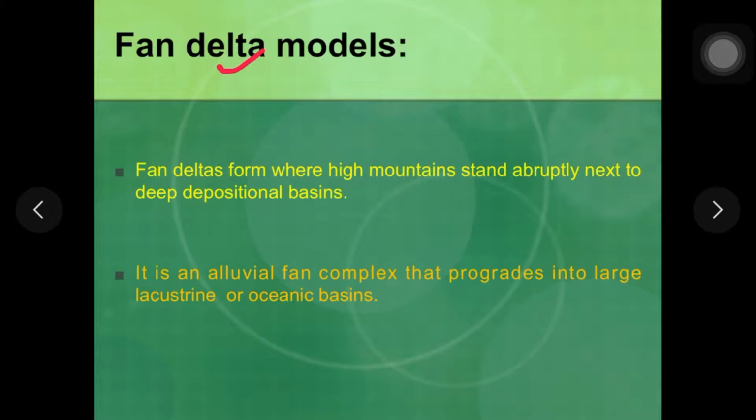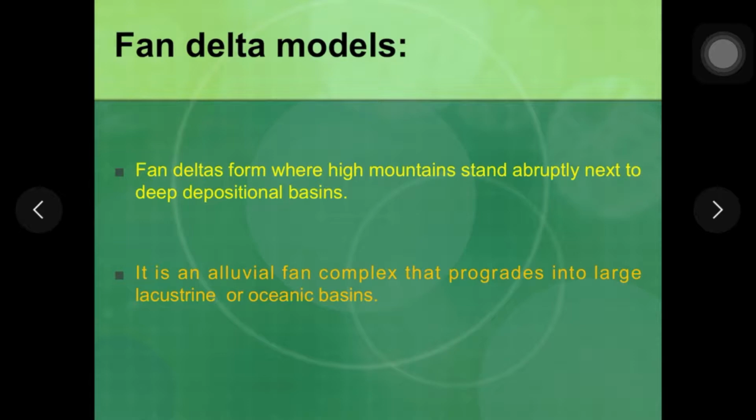All of you know what is an alluvial fan or a fan. It is nothing but a fan shaped or wedge shaped sedimentary deposit which is found at the base of mountains. And you know what is a delta. Delta is a triangular sedimentary body which is formed where a river meets the ocean. So these are two different geographical locations where you find a fan and a delta.